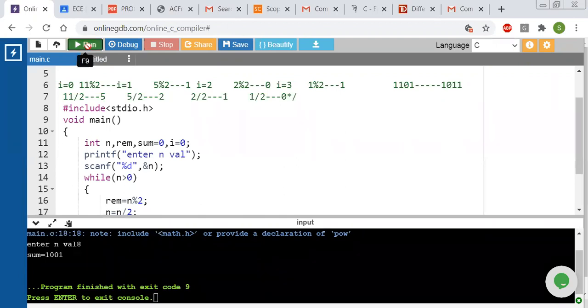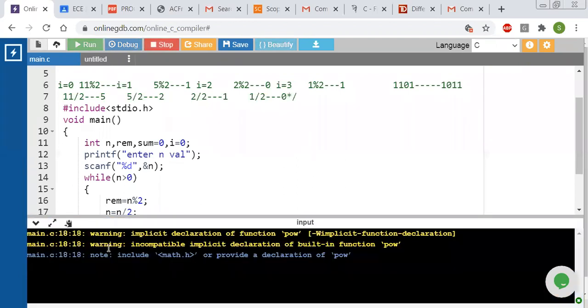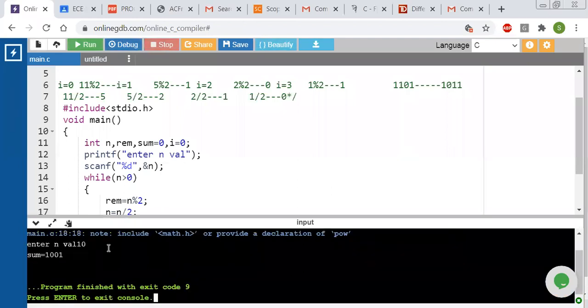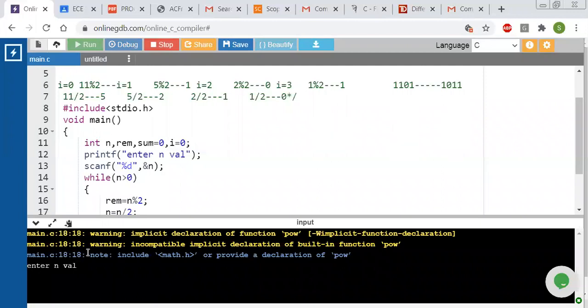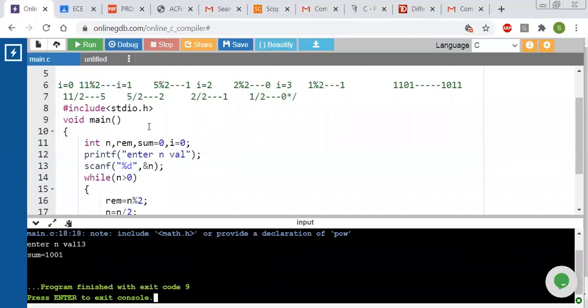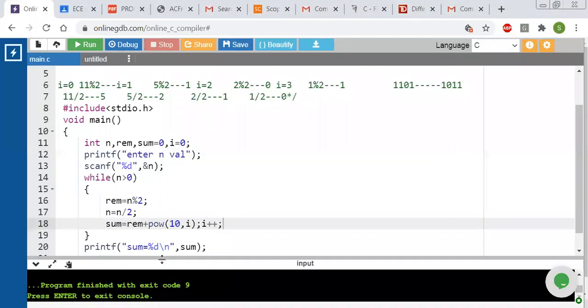I will execute it again and give some value, 10. For 10 also we are getting 10001. We'll give another value, 13. 13 also we are getting 10001. So each and every time we are getting 10001 only.